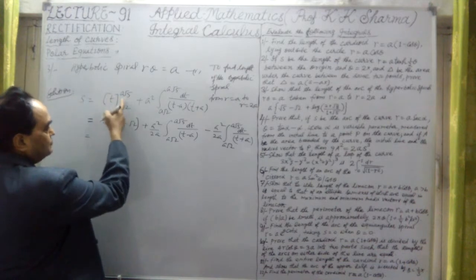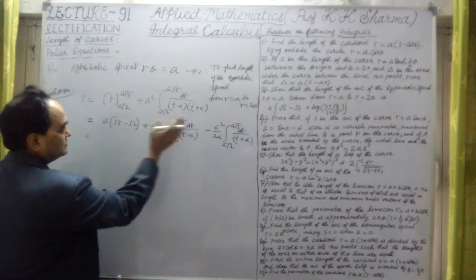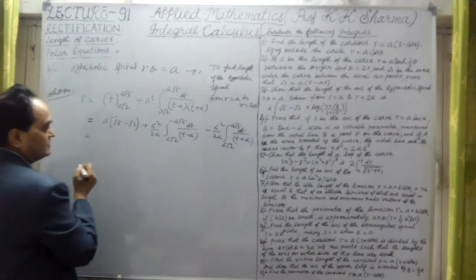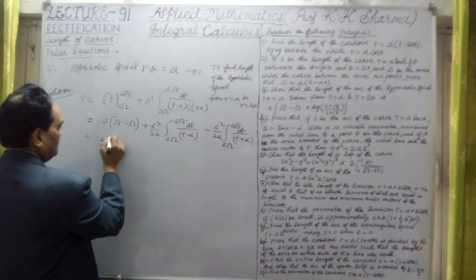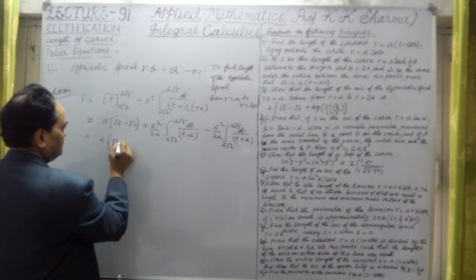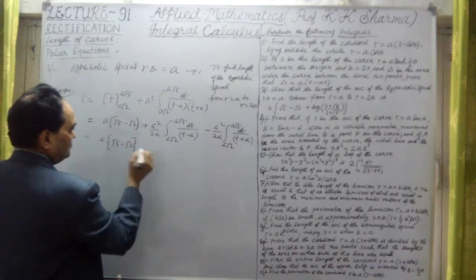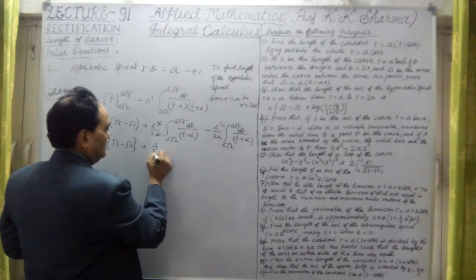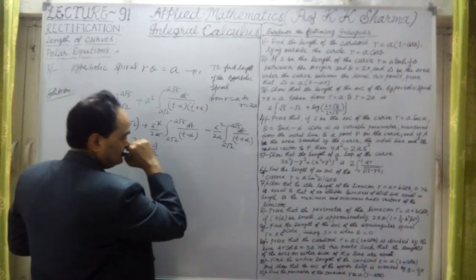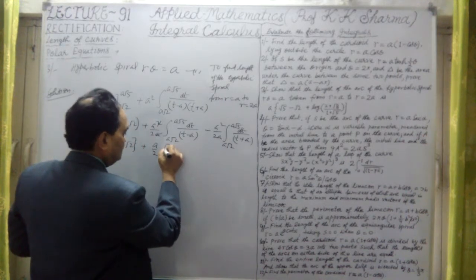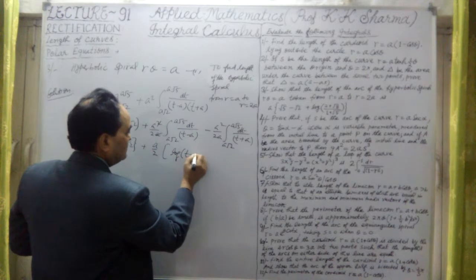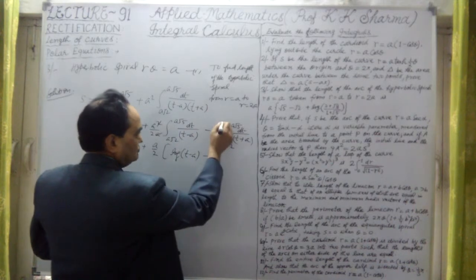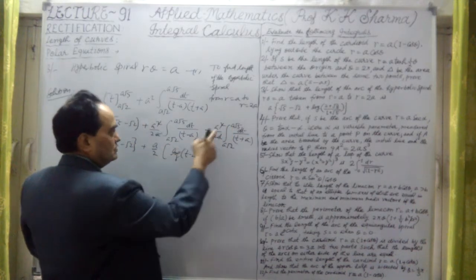So after putting the limits, the first integral is I1, this is I2. I2 is divided into two parts by partial fraction. Now let me further explain this. This is a within bracket, under root 5 minus root 2, plus a upon 2. Now integration of 1 upon t minus a is log of t minus a, try to understand. We have taken a upon 2 common outside, so this is only log of